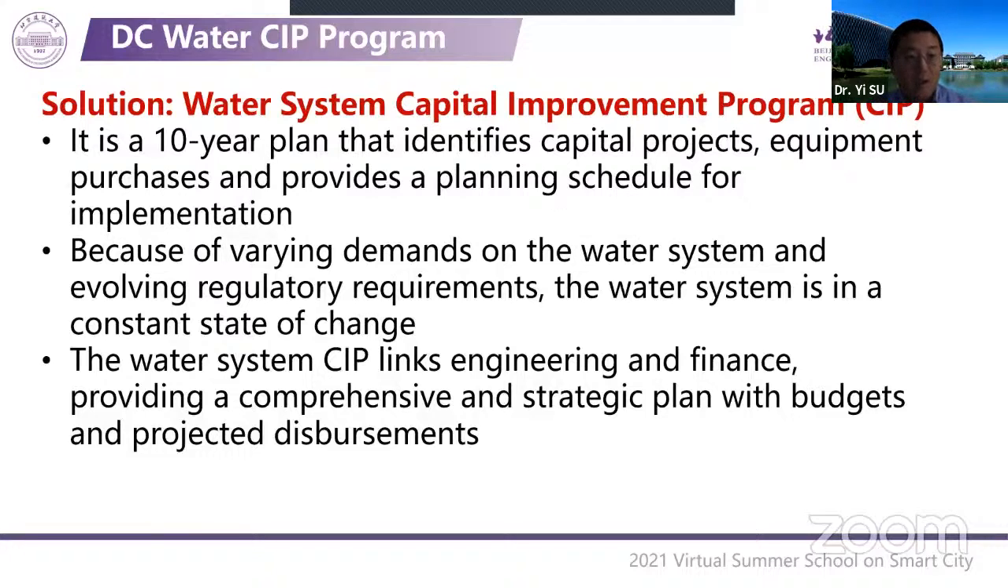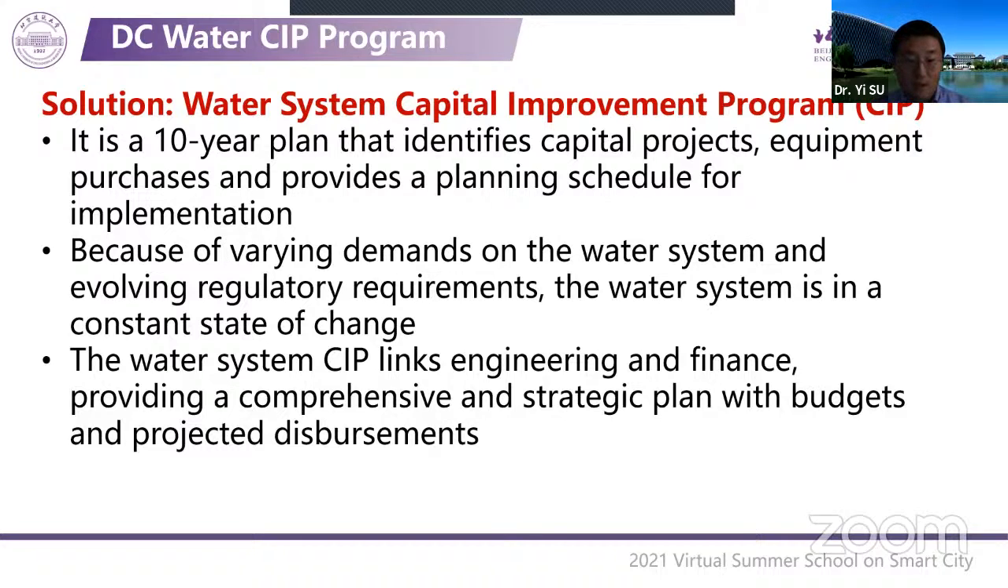It's a similar concept. Because of varying demands on the water system and the evolving regulatory requirements, the water system is in a constant state of change. So that's the difference from the simple knapsack problem. In the simple knapsack problem, the capacity, size and value are constant, they don't change. But in infrastructure development, those constraints and parameters are dynamically changing. That's the difference. The water system CIP links engineering and finance, providing a comprehensive and strategic plan with budgets and